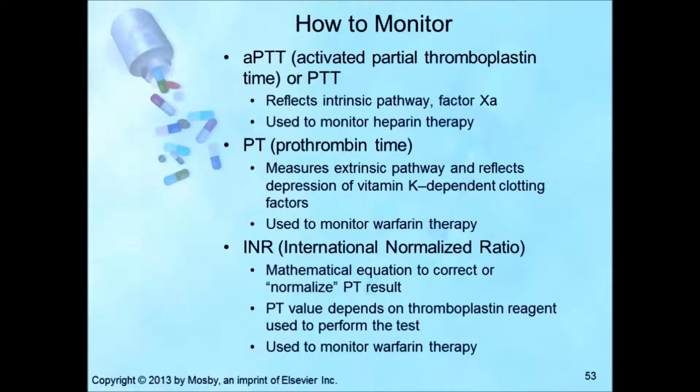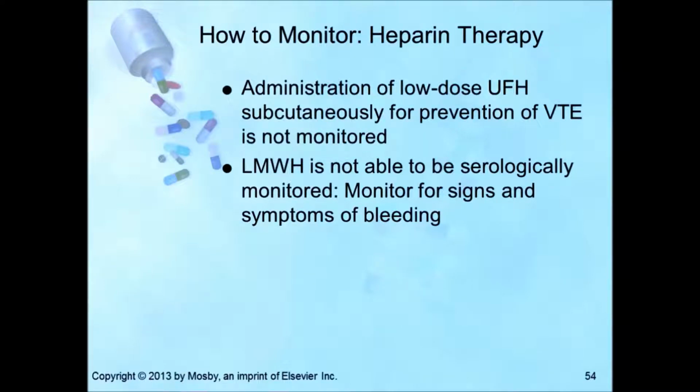Pradaxa is a direct reversible thrombin inhibitor that the FDA has approved for prevention of stroke and systemic embolism in patients with atrial fibrillation. It does not require INR monitoring or dose adjustment. It does not have extensive food and drug interactions like warfarin does. Its half-life is also less than the half-life of warfarin. However, it is non-reversible. So if a patient develops bleeding, there's nothing you can do other than wait until the drug is excreted.